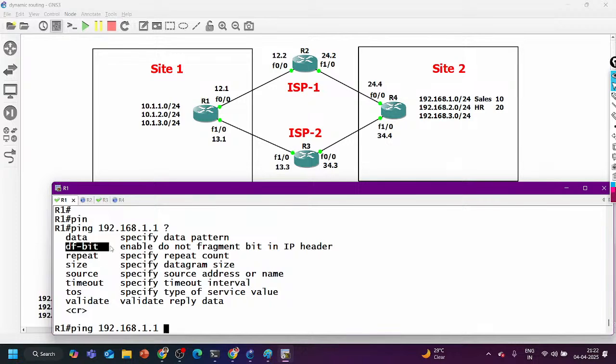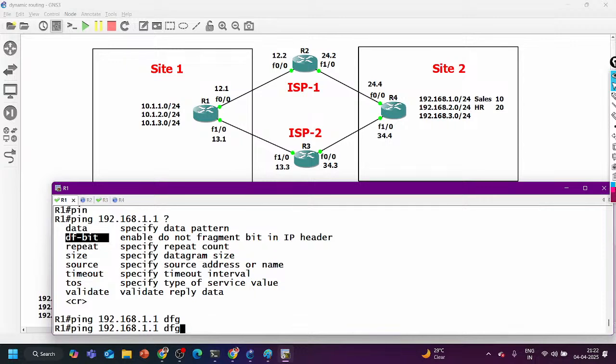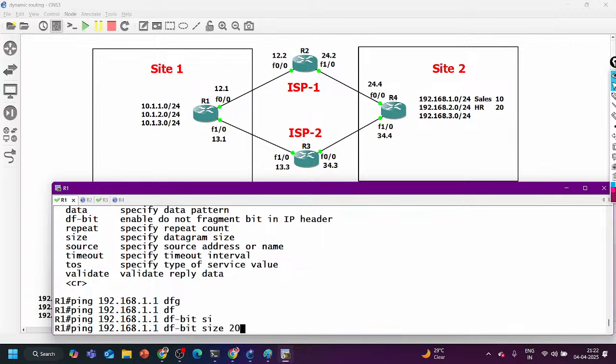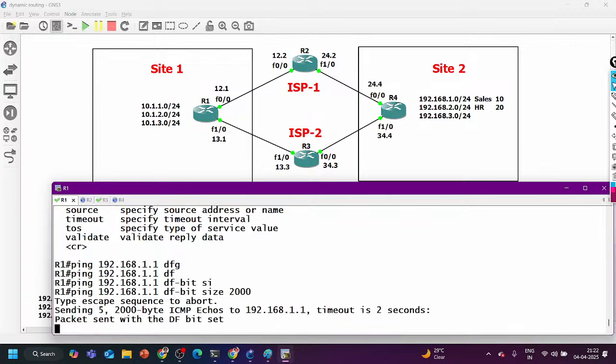The DF bit is on. DF bit on means don't fragment, meaning the router is not allowed to divide a large size of data into smaller parts, right? So if you turn on this DF bit, the router cannot perform segmentation. And if I define the size, let's say 2000 bytes, and ping